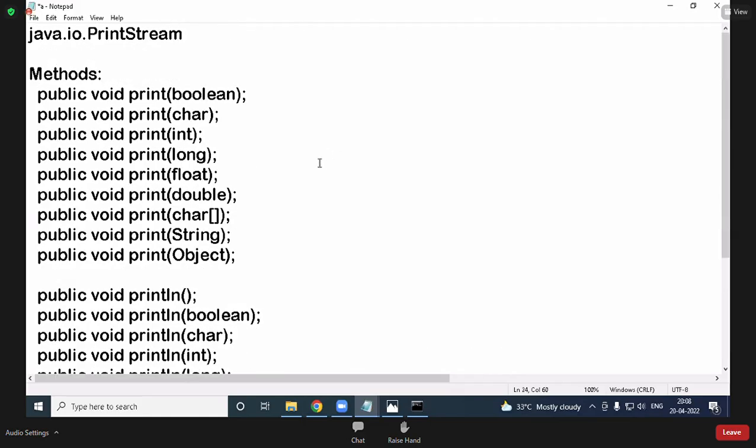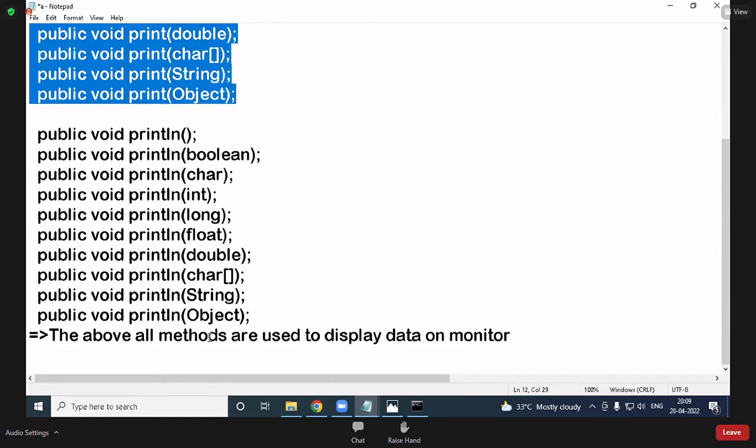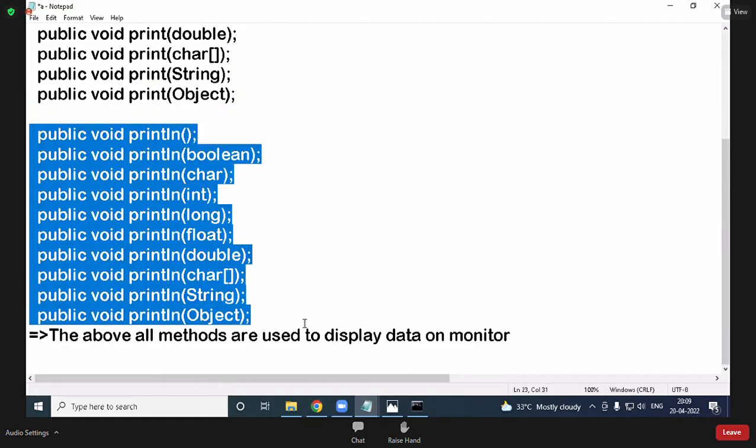Now you observe, print is there 9 times. Method name same, parameter list different. That is called overloading or overriding? Overloading. See, the print method is overloaded 9 times and the println method is overloaded 10 times.